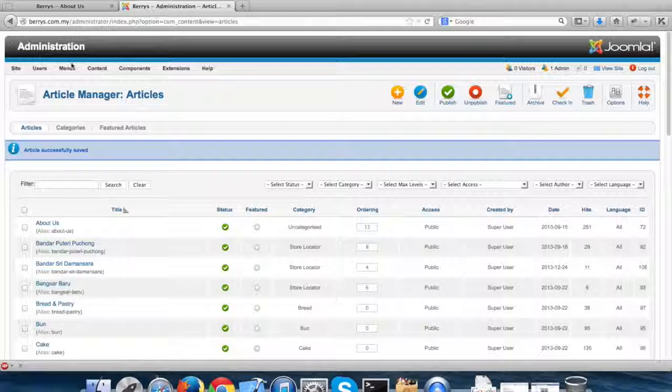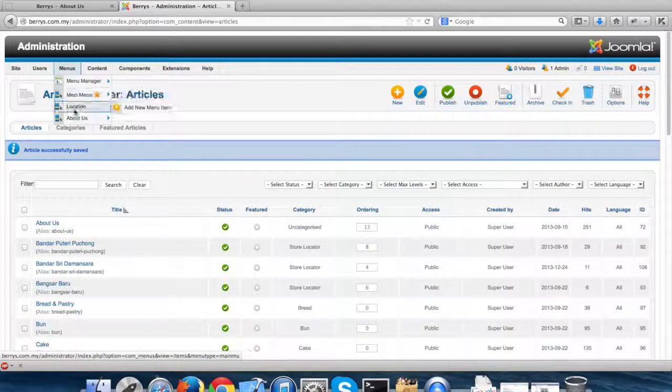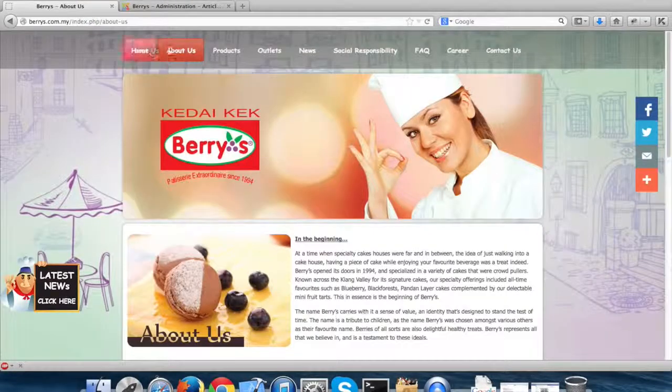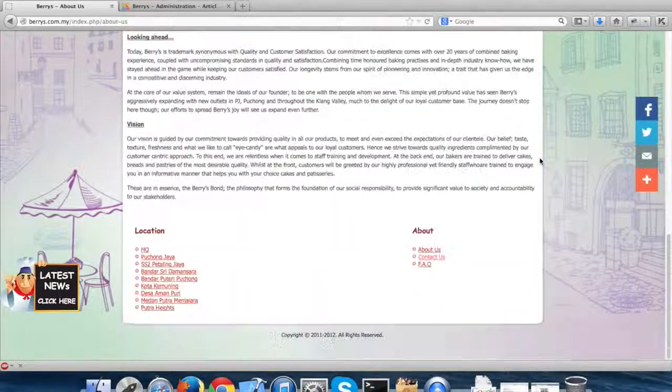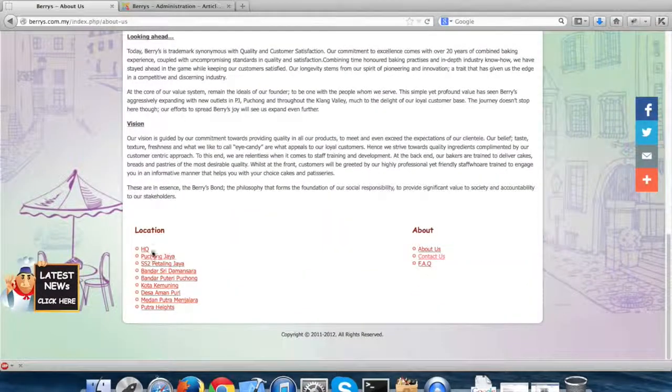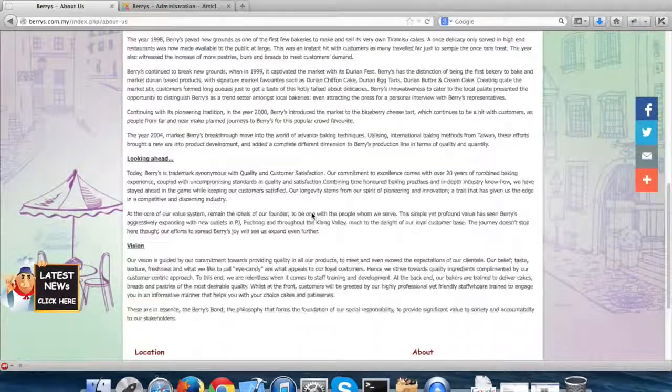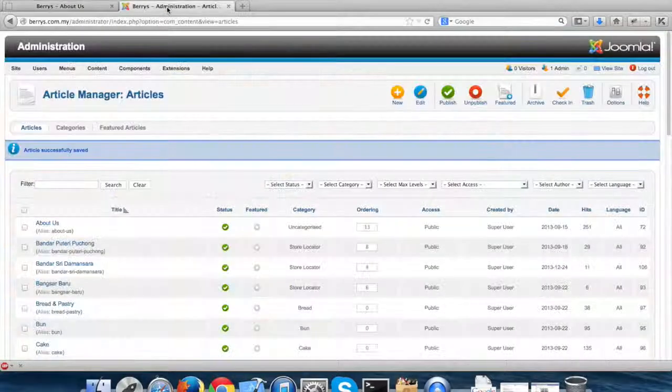As you can see, there are also two more menus: location menu and about us. This is our main menu. And go to the bottom. This is our location menu, and this is our about menu. Okay, I'm not going to change the other menus.